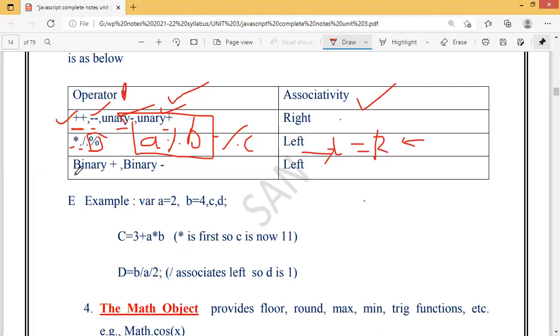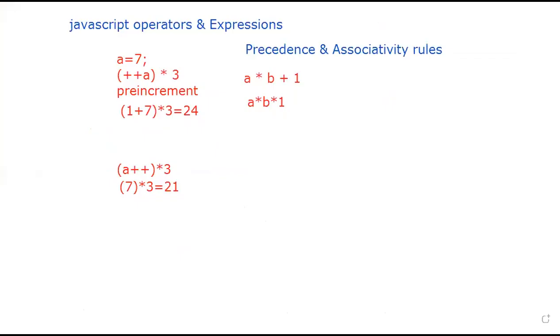Okay. Now, we have a binary plus and binary minus, students. Unary and binary both are different. So we have plus and minus here. It will also be from the left side. So first you have to solve plus and then minus here when it is binary, right? Unary means your normal terms. Then the associativity of this is also left associative. Okay. Now I will tell you one small example to understand what associativity and precedence are.